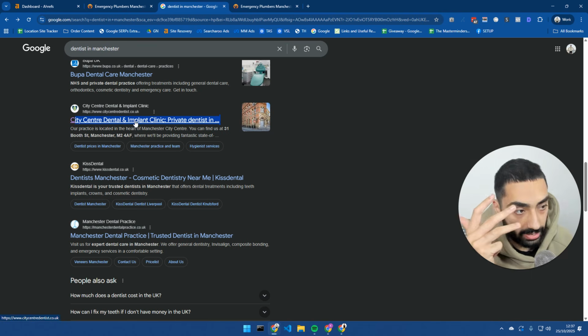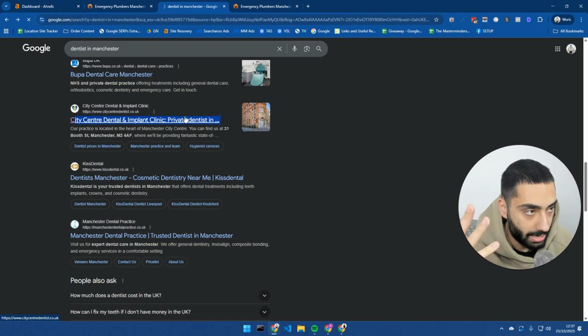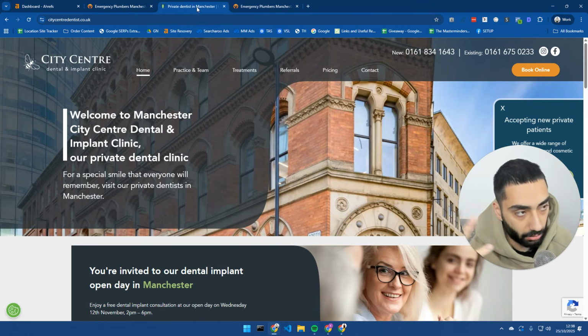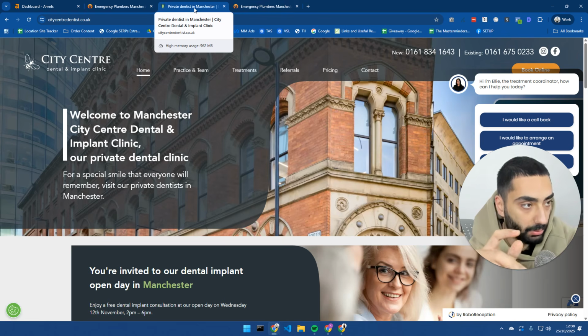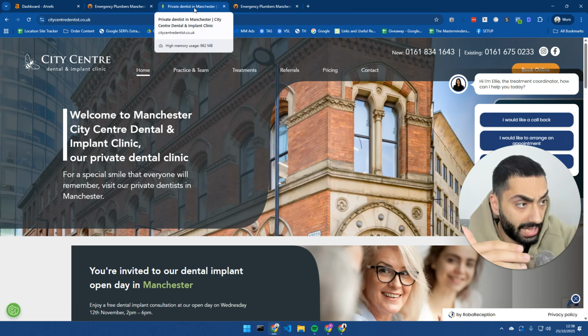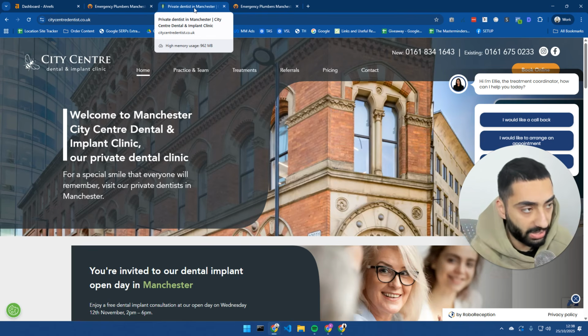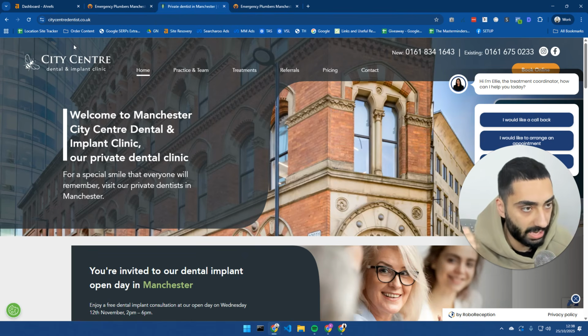We do implants. We're a private dentist, and it should say in Manchester as well. Google's kind of cutting that off. But if I just hover over the page title, you will see private dentist in Manchester, the name of the brand, which is City Centre Dental, and we also are an implant clinic as well.